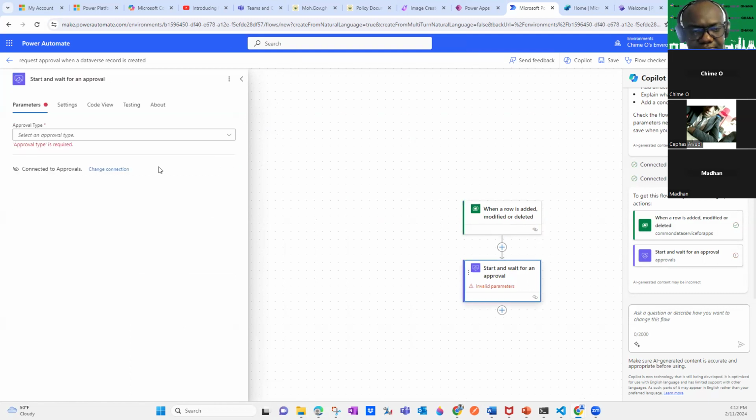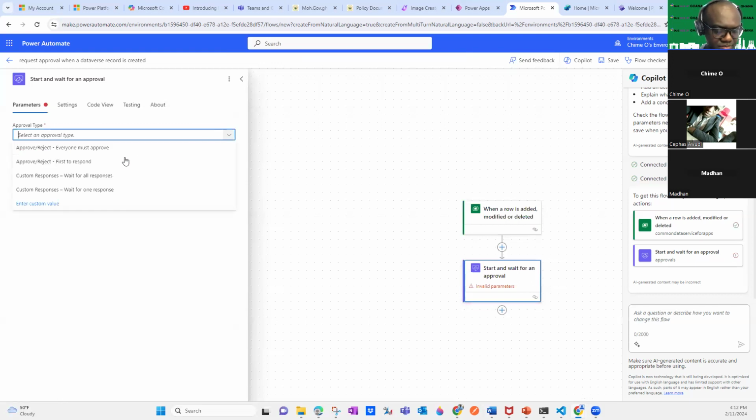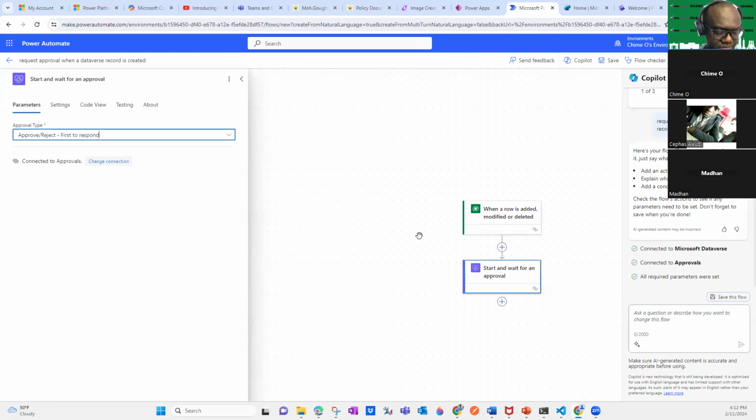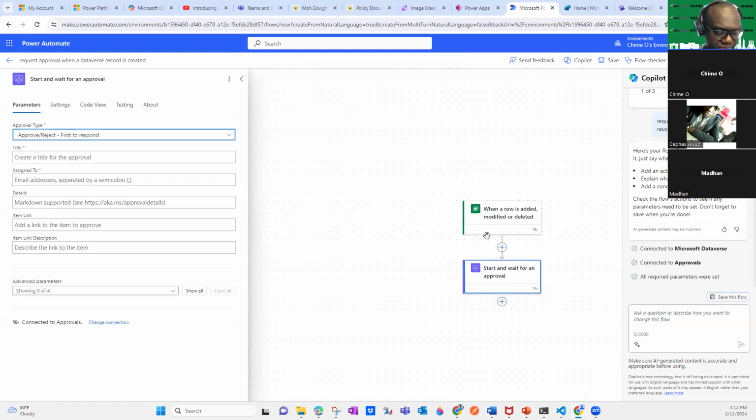What type of approval do you want it to be? There are different types of approval, and what you select will matter. But in the simple case, I want an agent to approve or reject, first to respond. Yeah, that's fine.